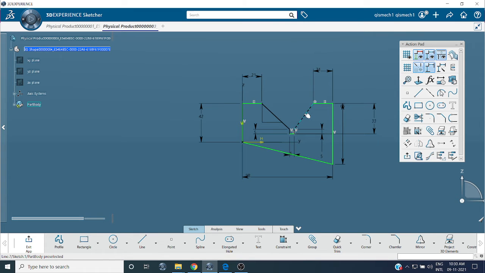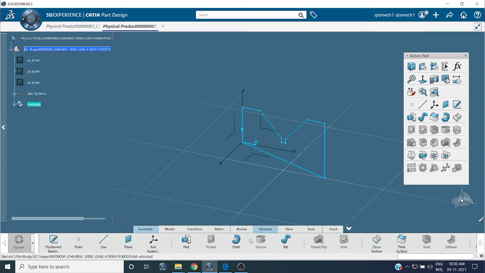Now from this line to here, what is this dimension? Total is 98 minus 5, because the 5 dimension is already in the middle, so 93 by 2. So this is the dimension we have.